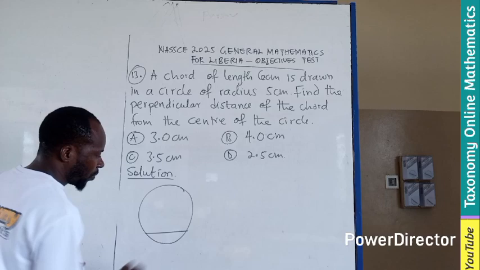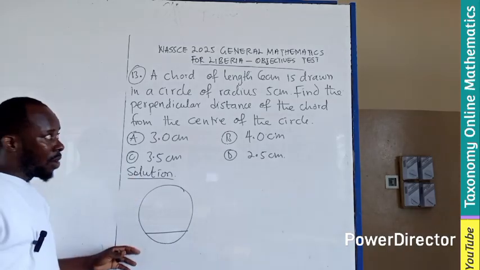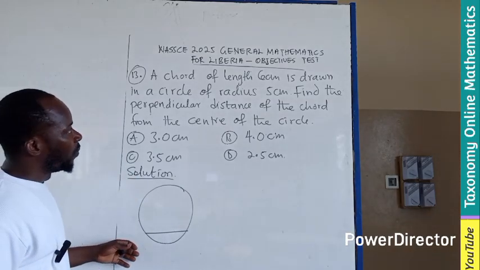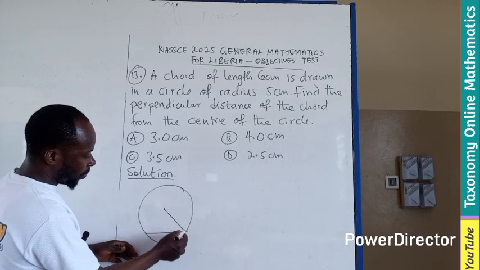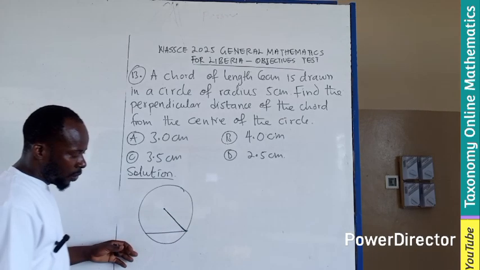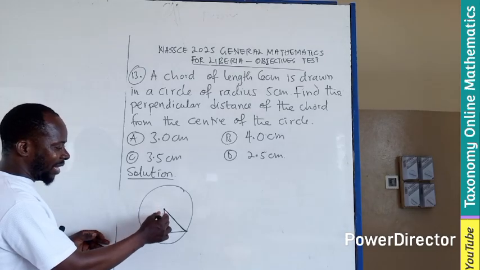Remember, this is a chord. Then the length of the chord is given to us. Then you also have the center and radius. So this is the radius. So that is this radius. We are looking for a perpendicular distance